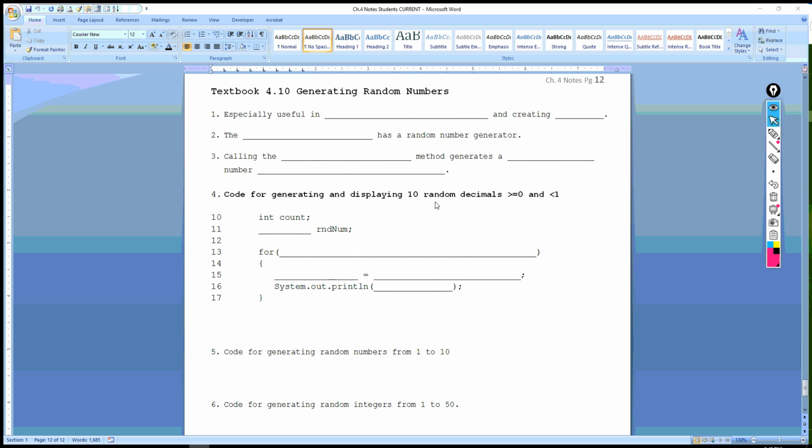Okay, this video is going to introduce us to just the beginning of being able to generate random numbers. This is textbook 4.10, and we're on page 12 of our notes. Generating random numbers. So we want to be able to write programs that generate random numbers, and they can